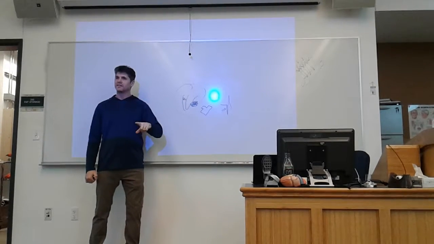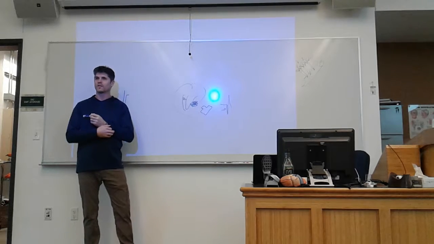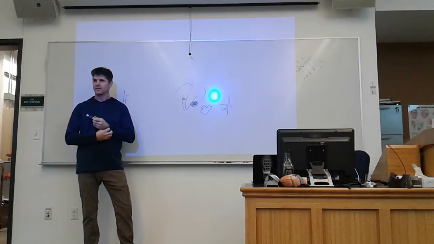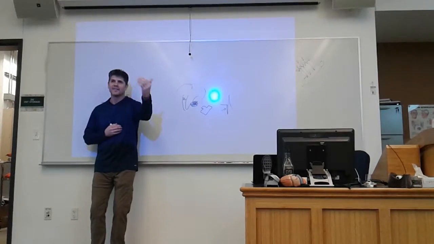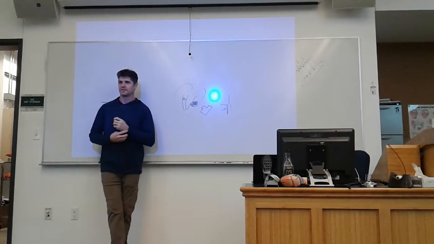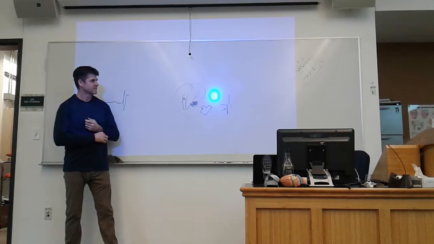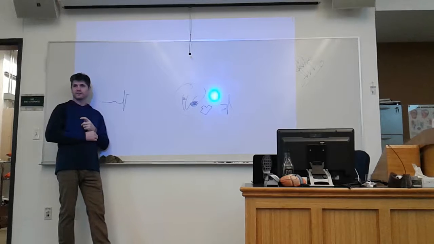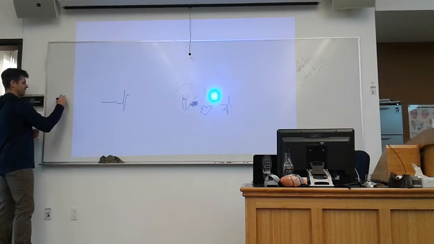Not all leads will show Q waves. It depends on where the tissue is, where the damage is, right? Because not all leads have something on the other side that has tissue moving away from it. Okay, we good? So our sequence of events would be